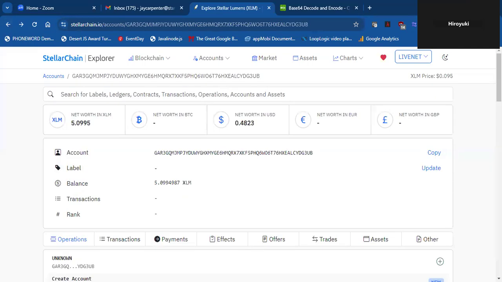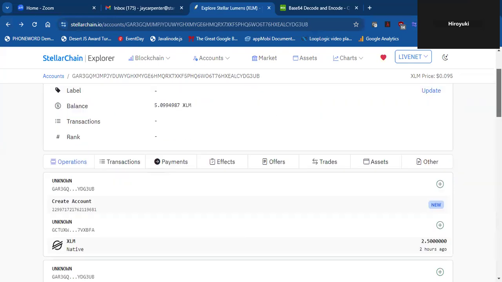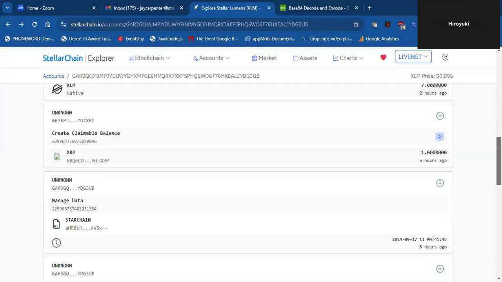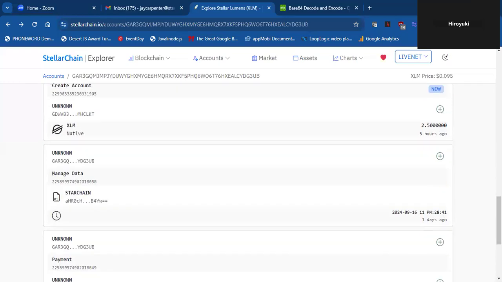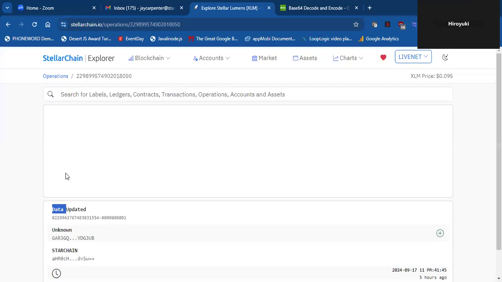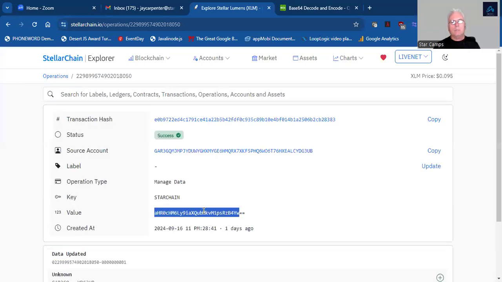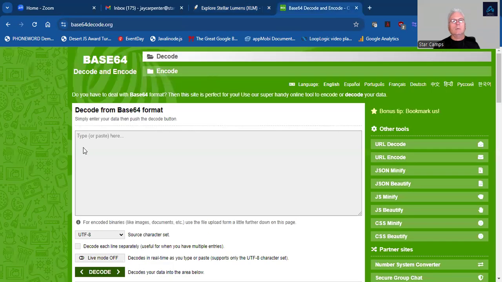If we scroll down to September the 16th, right here, here's the managed data for StarChain. Click on that. This is the base 64 code. Throw it into the decoder. And then we go down and hit decode here.